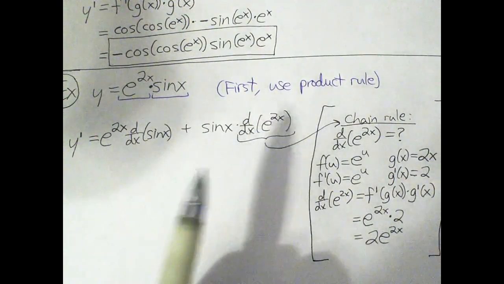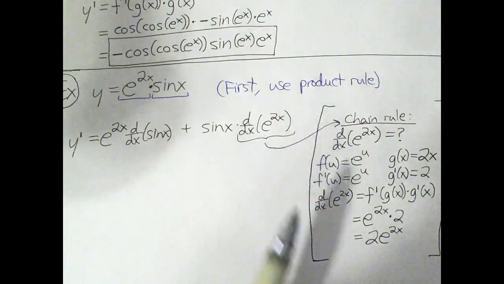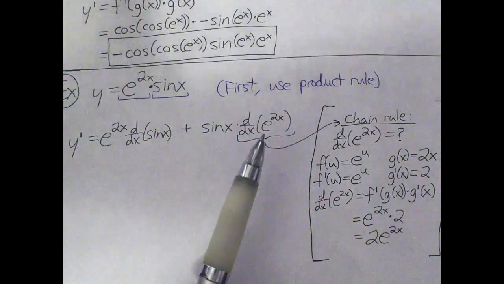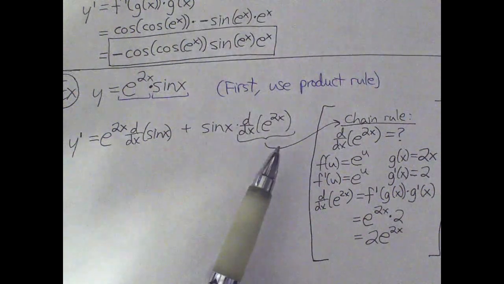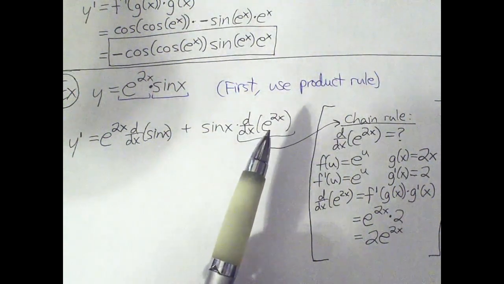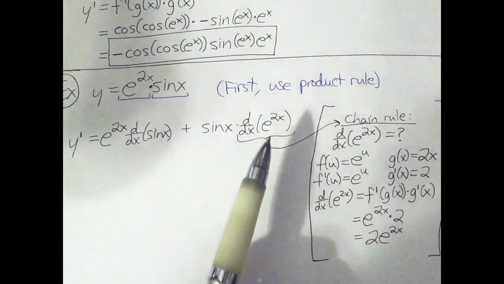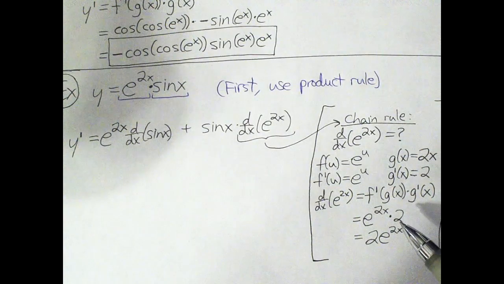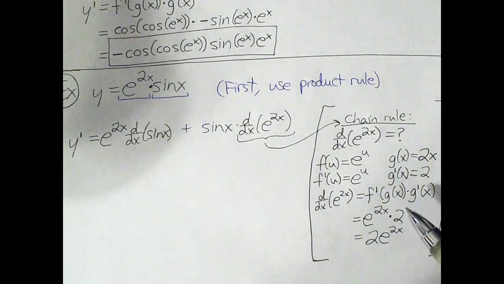What do you think? Were you expecting this derivative to equal 2e to the 2x? You might have looked at this and said, oh, well, the derivative of e to the x is itself, so maybe the derivative of this is itself. But it turns out that a 2 appears out front. Really, the 2 appeared to the right, and we moved it out front. Where did that 2 come from? That 2 came from, in the chain rule, I've been saying that you always wind up doing times the derivative